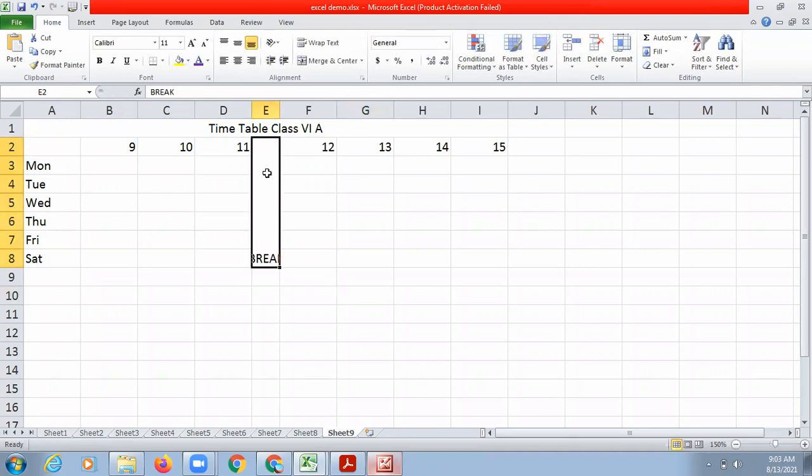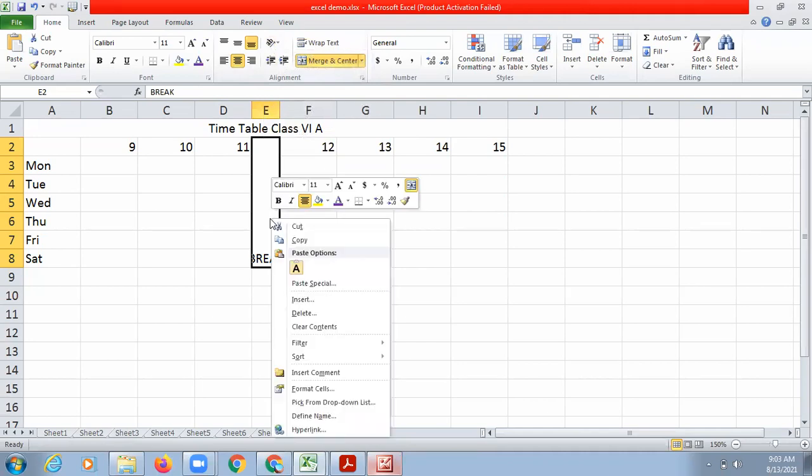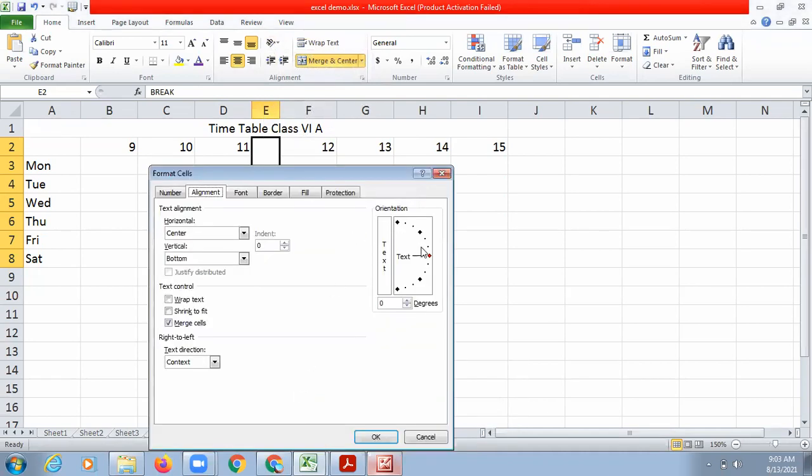Now I have to change the orientation of this break. Orientation means how it will come. I wanted to display it vertically. So click on this cell, go to the orientation option. You can go to this AB with an arrow on it, or otherwise if you are not able to find this button, then you can right click, go to format cells, and from the orientation you can change the orientation,